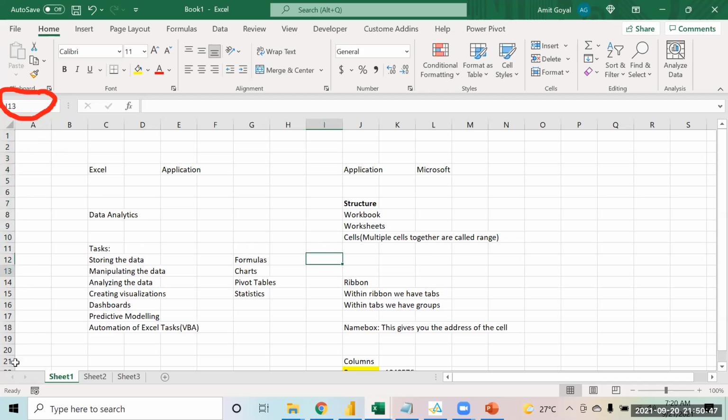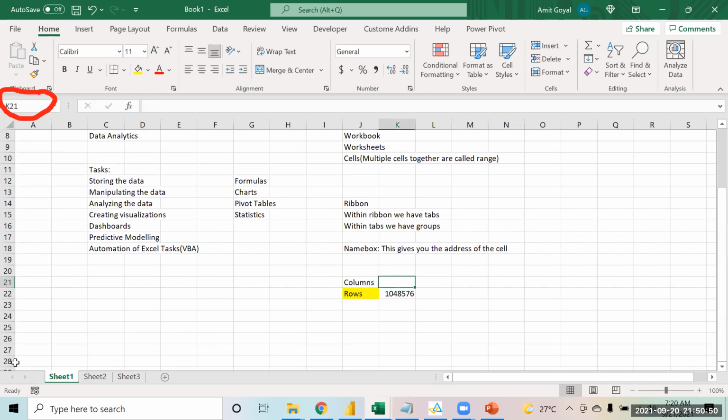So now, what do you all think? Are this number of rows good enough, or are they less, or are they more? What do you all feel? Are they enough for any business, or are they less? I think it depends on the business. For a few things, it might be less. For a few things, it's more. Correct. So basically, it depends from business to business.